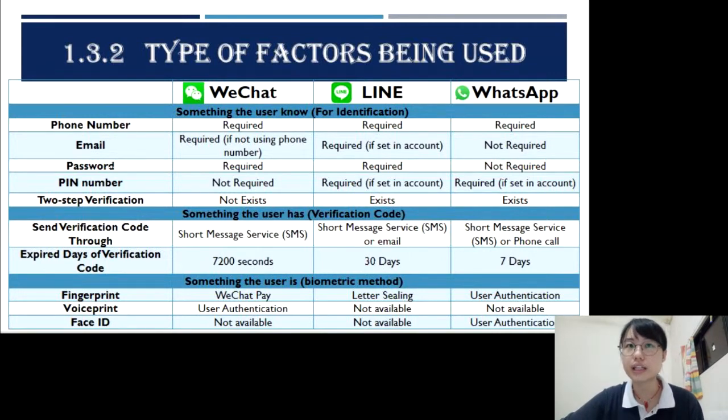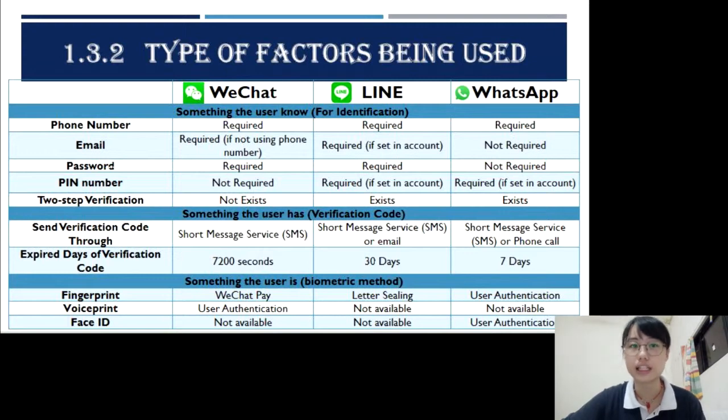Users can also set the password as a fingerprint or voiceprint password, so they just need the fingerprint or voiceprint to confirm their payment every time instead of using PIN numbers. However, the major problem with this function is that it isn't supported by all phone models. Some phones do not have the fingerprint function, which makes them unable to use this function in WeChat. For Line, the fingerprint is usually used in a different